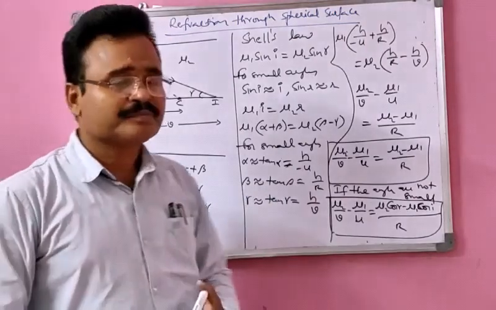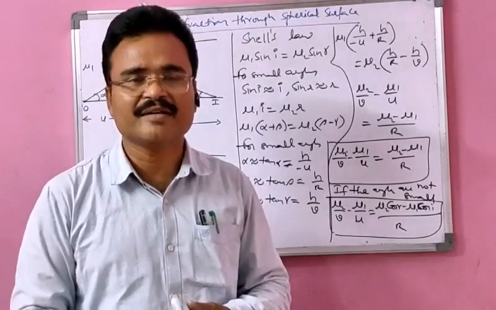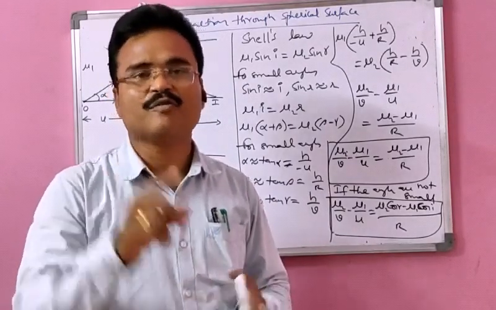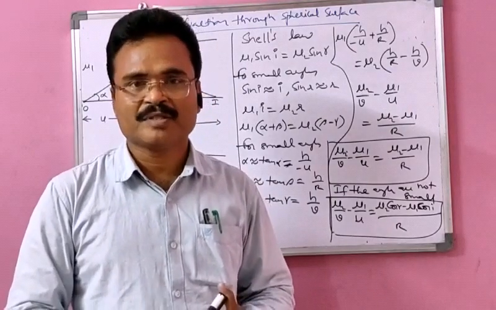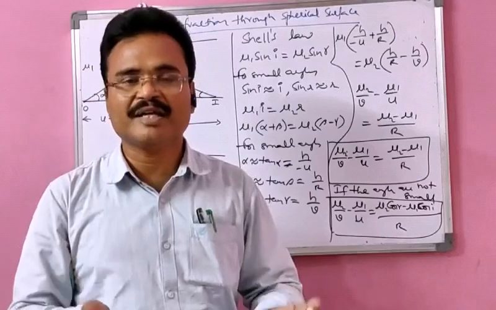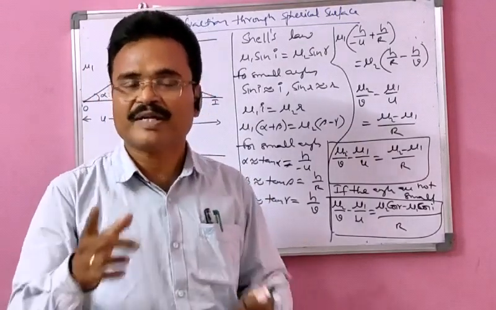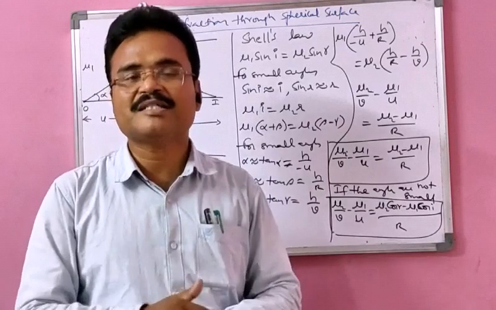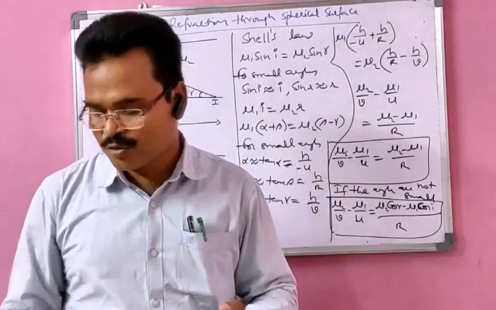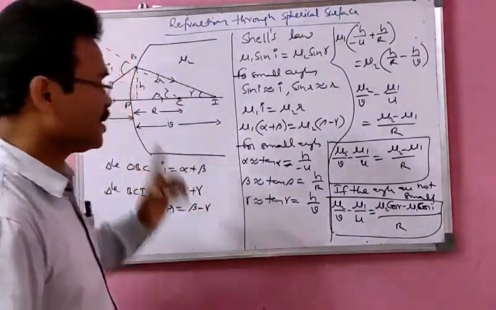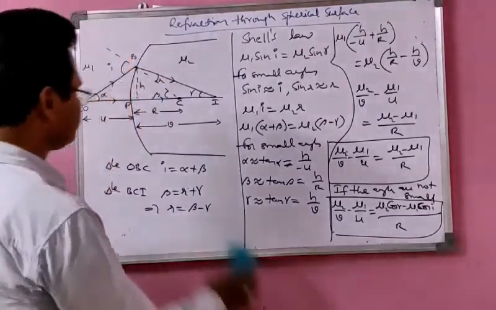So you know that we will see in the case of lenses, two surfaces are there, but it will have only one focus, one focal length. Why will it have only one focal length? Normally if two surfaces are there, then it should have two focal lengths, but we take only one focal length. What is the reason for that? So let us take this one, that means single focal length for lenses. I'm taking the first principal focus and second principal focus and making them equal. How?